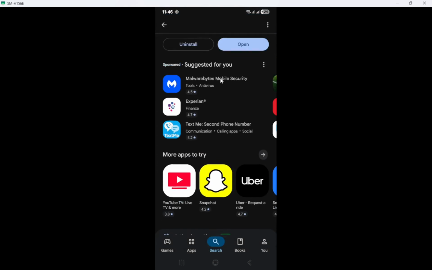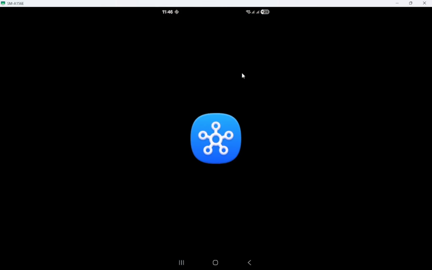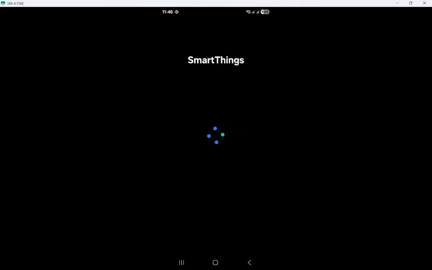Once the app is installed, you're almost ready to start using it. You may need to allow permissions like Bluetooth, location, and Wi-Fi. These permissions are essential for the app to function properly. They enable the app to connect with your smart devices and provide the best experience. Don't worry, granting these permissions is a standard procedure for many apps that require connectivity.